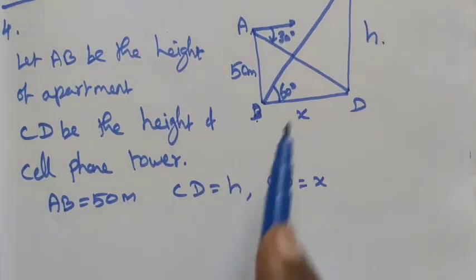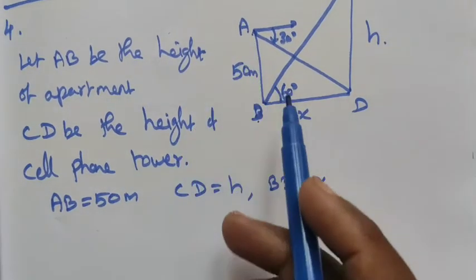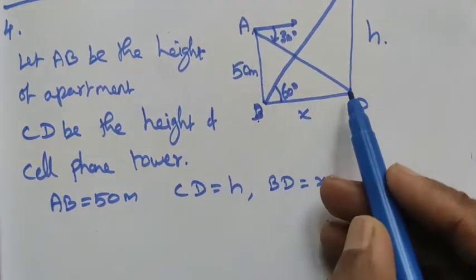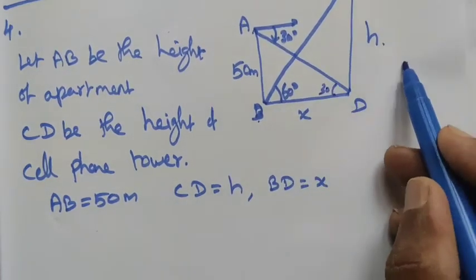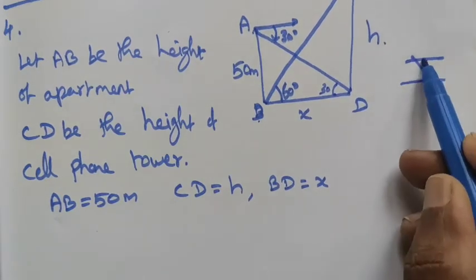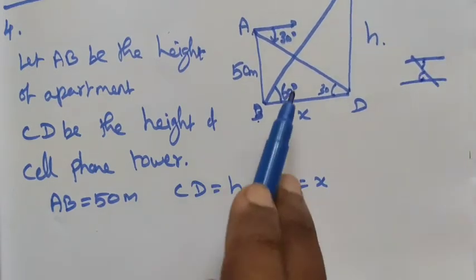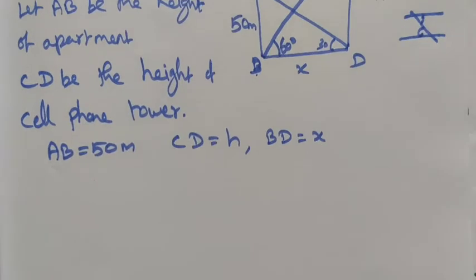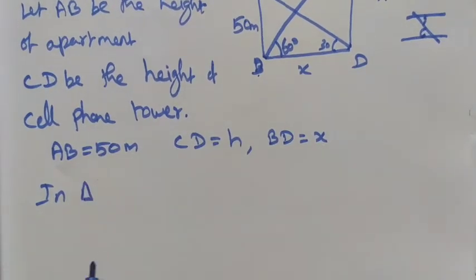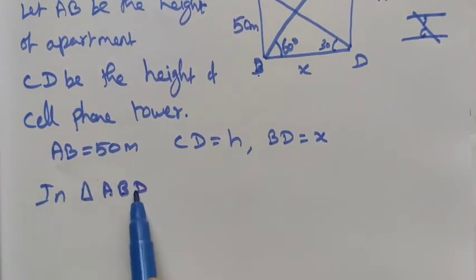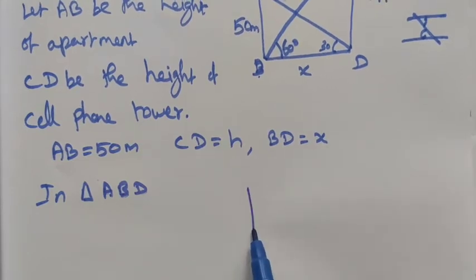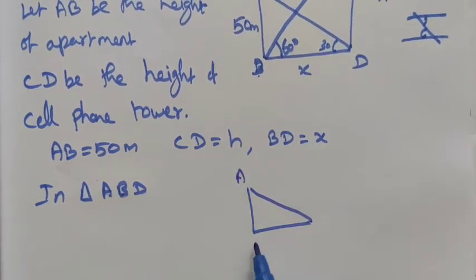Let me take it as two triangles. The first triangle: here this angle is 30, then this also is 30 by the transversal condition. The alternate interior angles are equal, so this angle is equal to this angle, so this is 30 degree. So in triangle, here we are mentioning the right angle triangle, in triangle ABD, see this is the triangle ABD. This angle is 30, this is 50 and this is X.